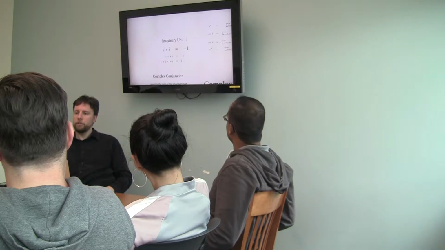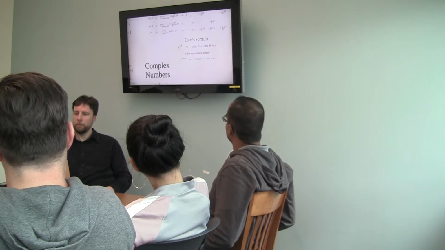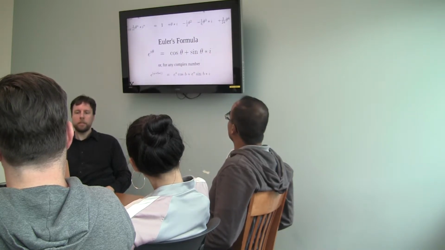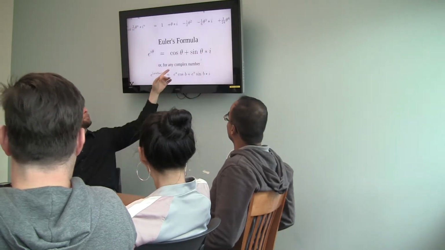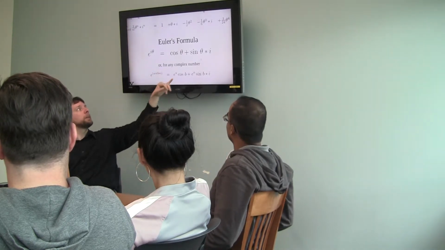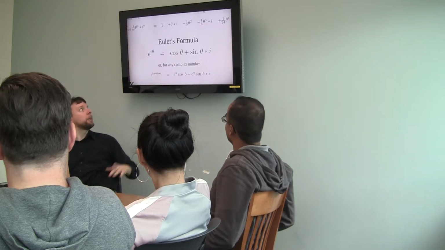Another super useful piece of mathematical trickery with complex numbers is Euler's formula. Euler's formula you use a lot. Basically, this is what we call a complex exponential. And it's got a real part and an imaginary part. And the real part is cosine of some angle, and the imaginary part is sine of some angle in radians. And you write that as e to the i times the angle.